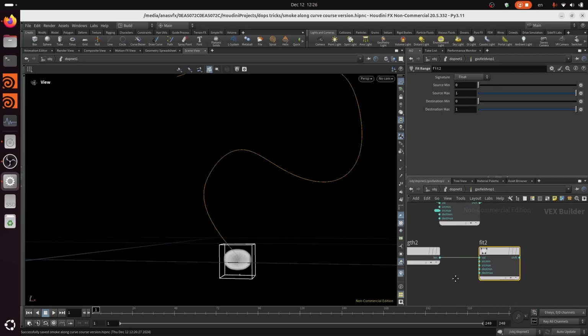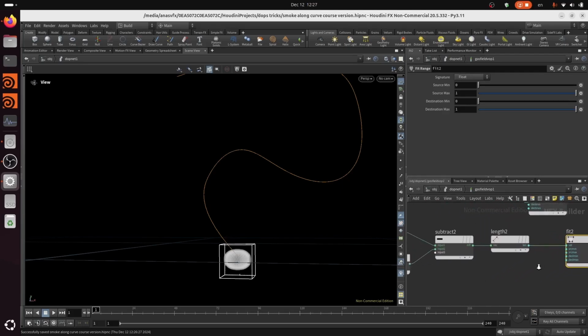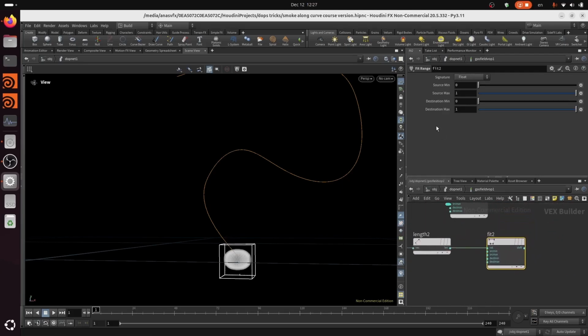In this fit range, in the source max, we can paste our maximum radius. So we are now controlling the simulation around the curve within the maximum radius here,